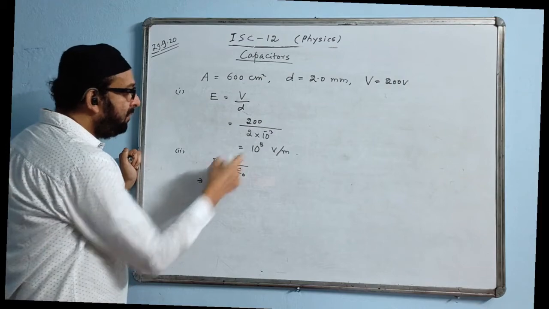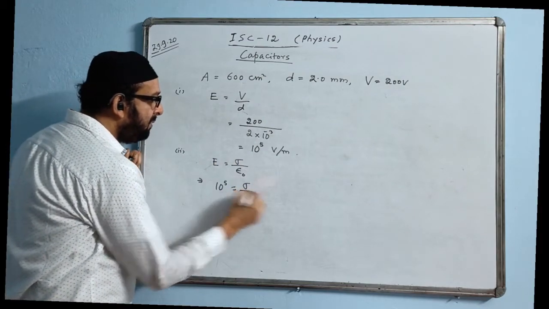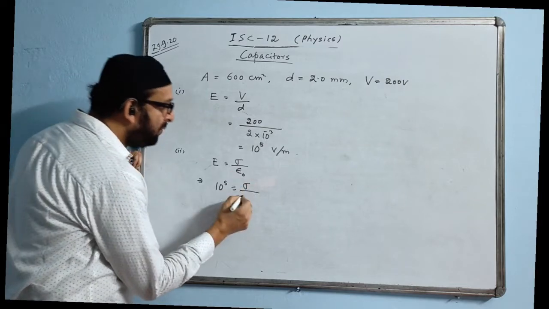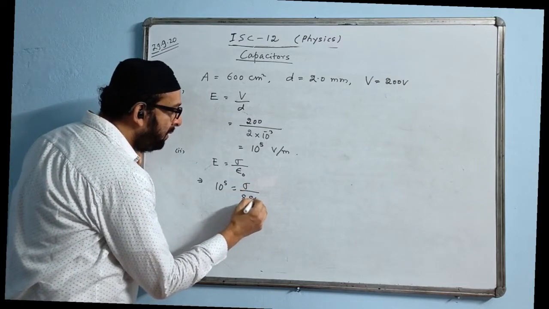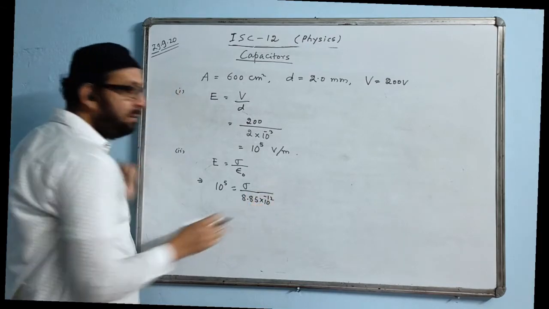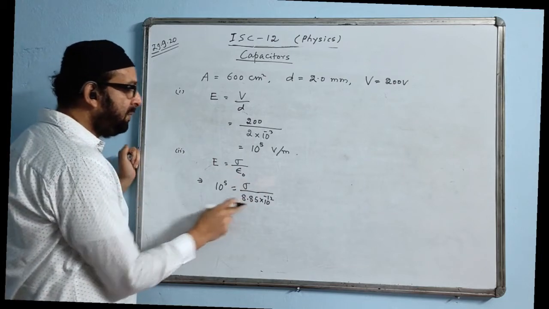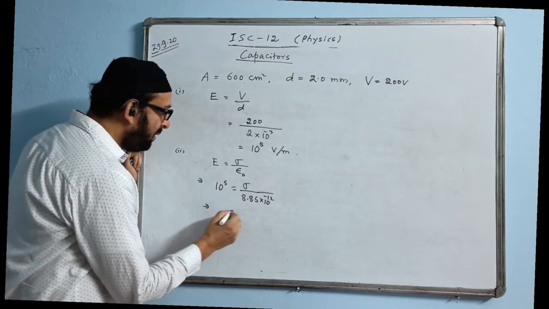Therefore, the value of E we already calculated is 10 to the power of 5. Sigma we have to find. Sigma is surface charge density, and the value of epsilon naught is given in the question as 8.85 into 10 to the power of minus 12. These values are given in the question, or in the last page you will find this kind of values will be given. Therefore, sigma value will become